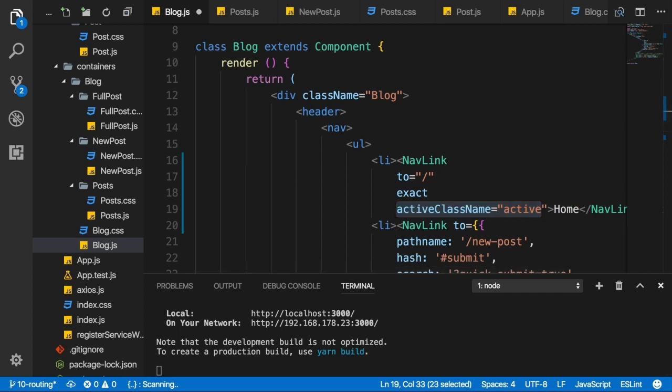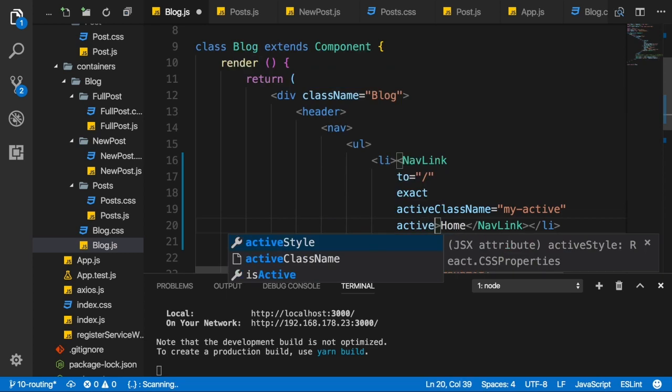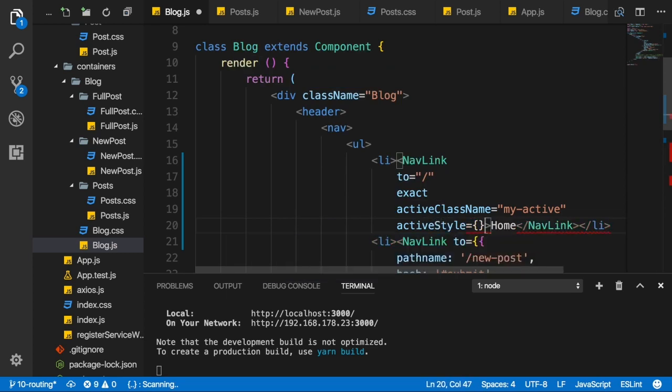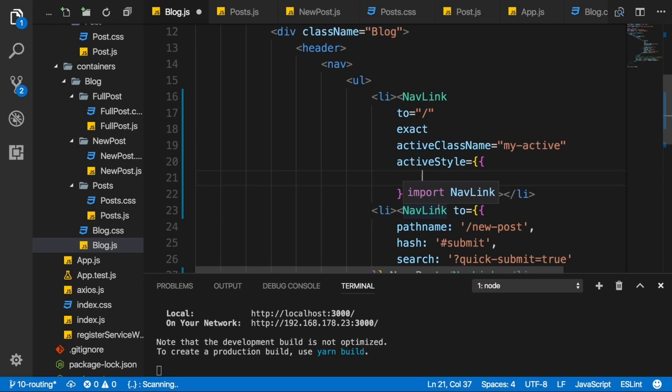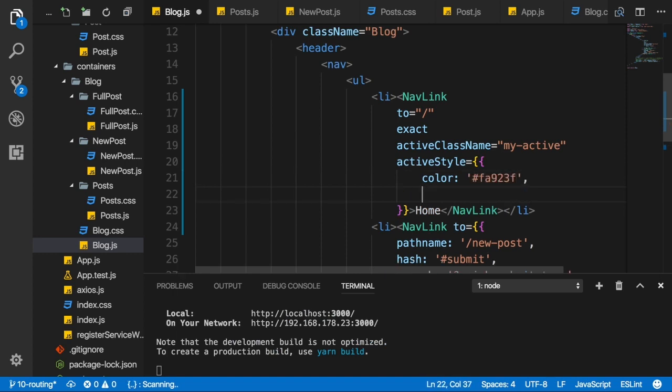You also don't have to work with CSS classes if you don't want to. You can also set an active style instead. So let's turn this back to myActive, which wouldn't apply any styling, and let's instead set active style here. This is a dynamic value, it's a JavaScript object, and it actually works just like you use inline styling. Here you can set up any CSS styles, like maybe color, and set this to FA923F, which is the color we use in CSS. But let's also set text decoration to